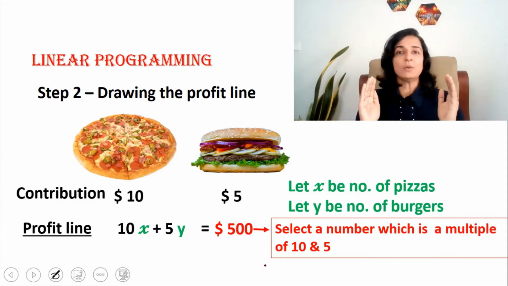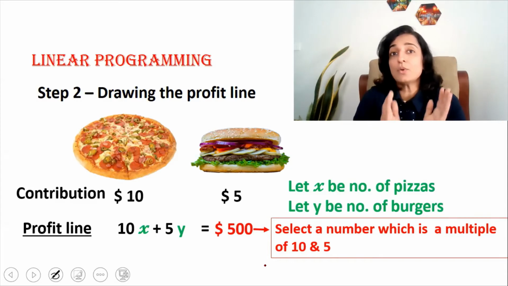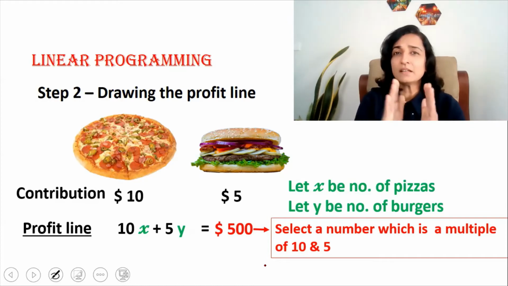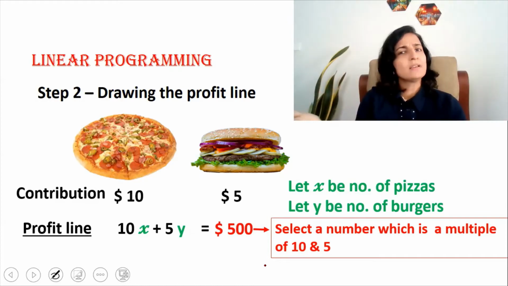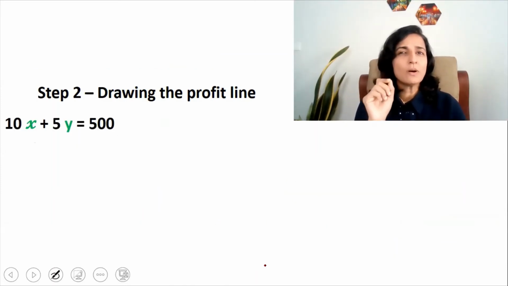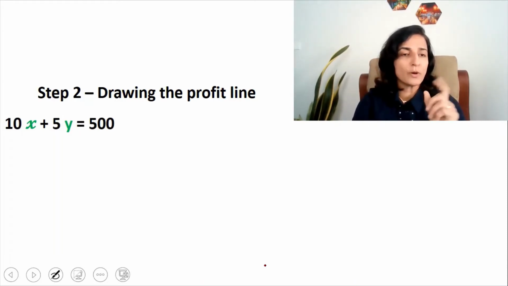So now we have got an equation. Now it is easy for us to draw this equation in a graph paper, just like we studied in the previous class. How did we represent the linear equation in a graph paper? Simple. Just like that, we are going to represent the profit line on a graph paper. So in order to draw a line, we need 2 points. Only if we have 2 points, we can draw a line. So let's identify those 2 points.